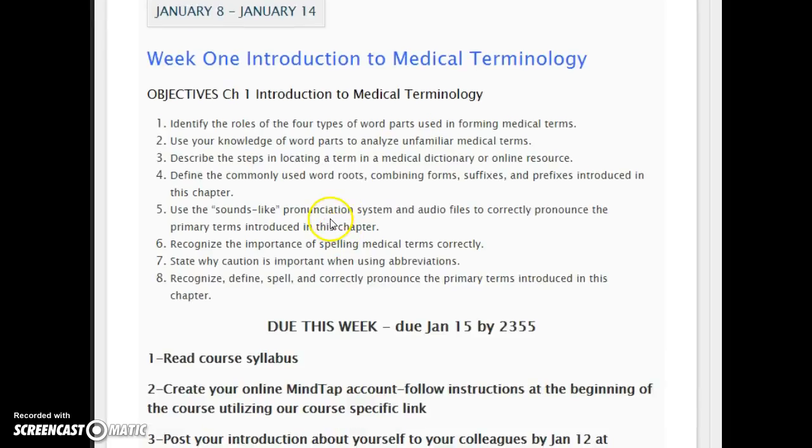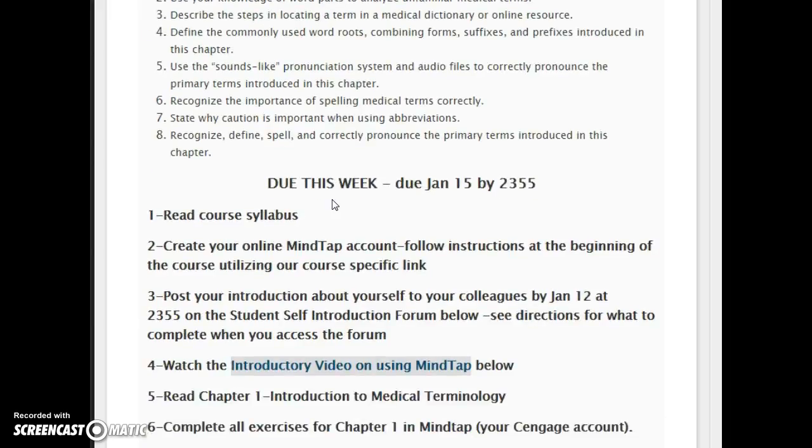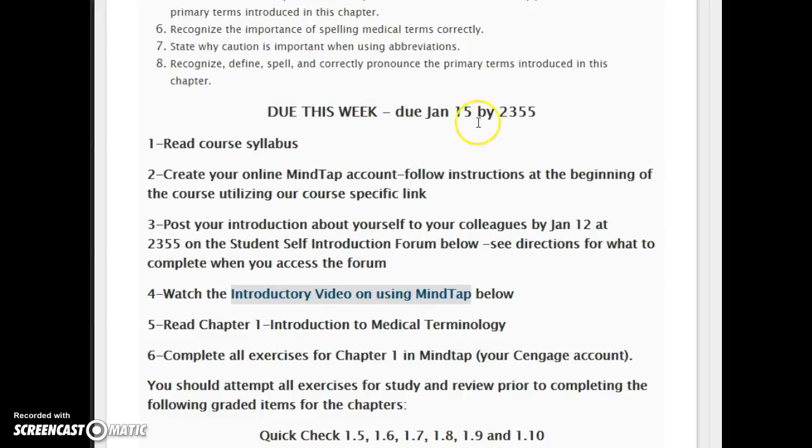And this is how each week will be set up. I'll just have the title of the chapter, and I'll have the objectives, and then I'll have a listing here of what's due and the final due date. So most things are going to be due by Sunday evening, with the exception of this self-introduction forum in the first week. So obviously you're going to read the course syllabus, create your online MindTap account,